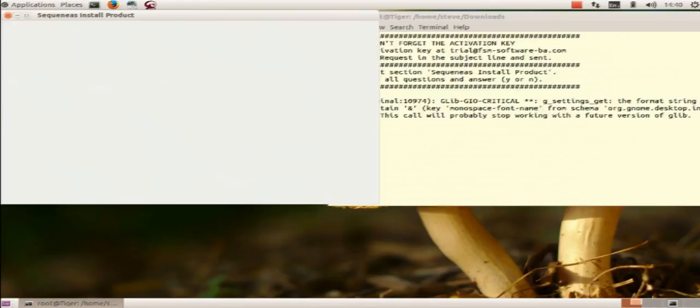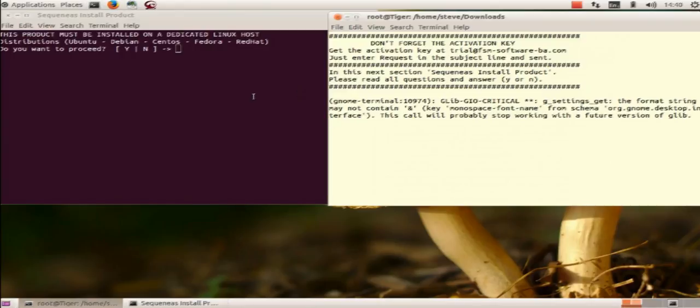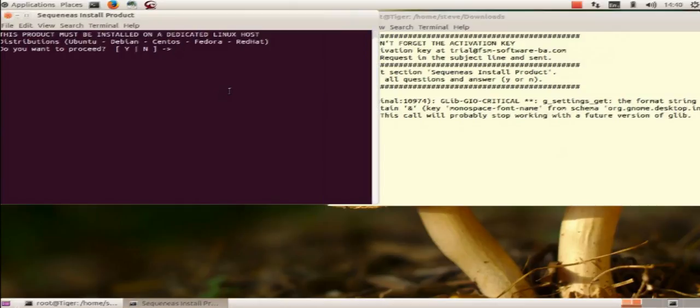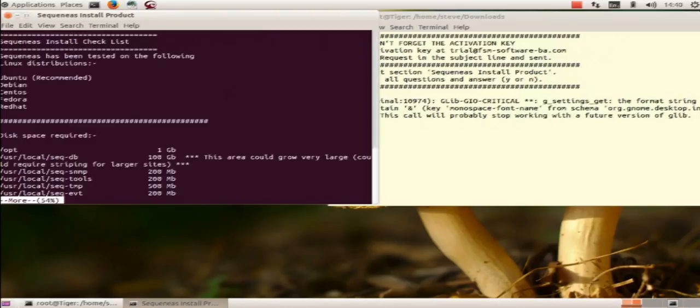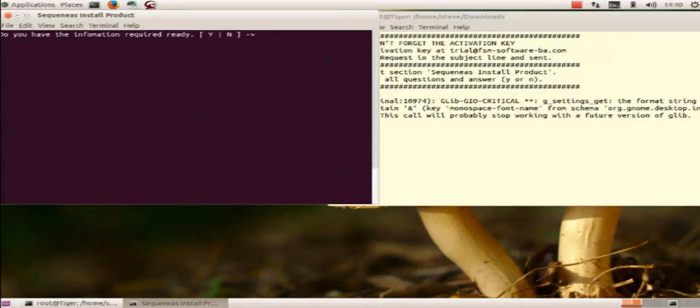Now what it's going to do, it's going to install now the Sequeneas product, and so we'll continue on here. So this product's got to be installed on the dedicated server, which it is. Do you wish to proceed? We certainly do. And this just gives you some output about the server. Okay, are you ready with the information? Yes we are. So we continue on here,